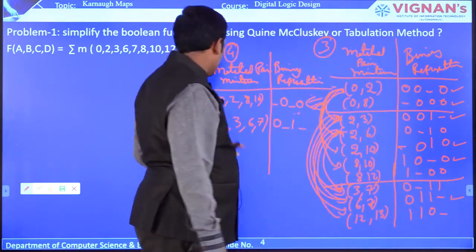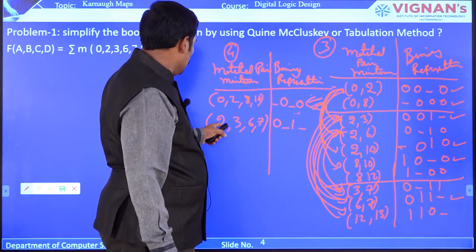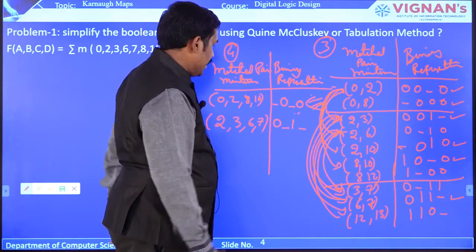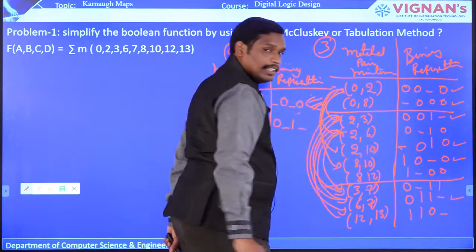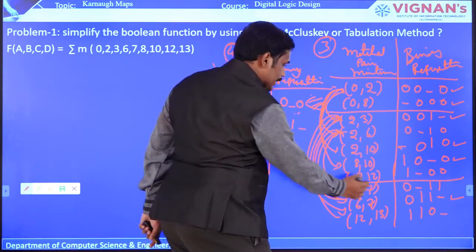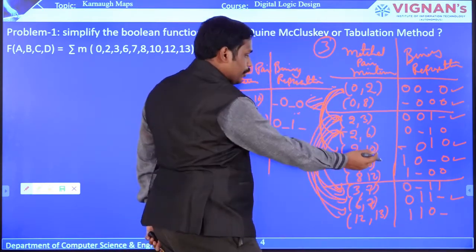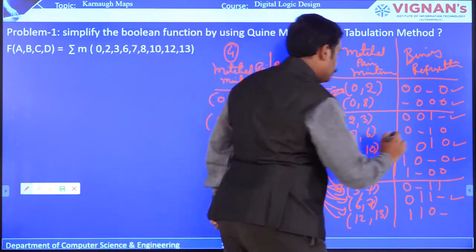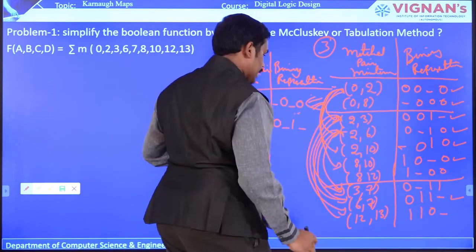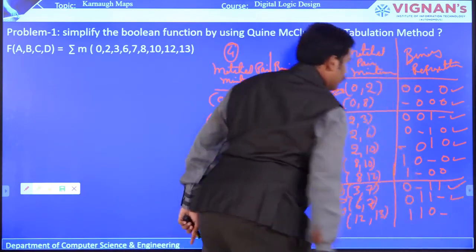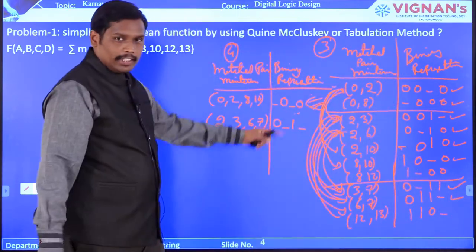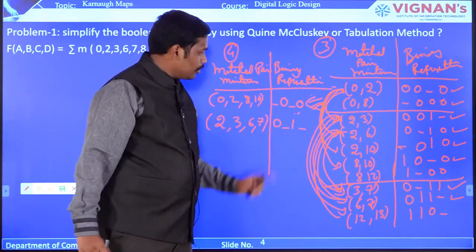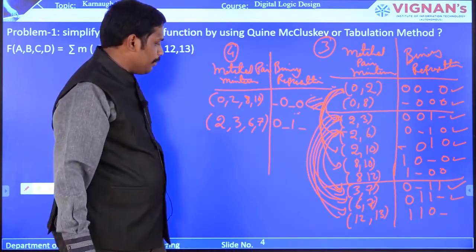In the same way, you can also have 2, 6 and 3, 7. So for 2, 6 you can see the second place underscore is there, and for 3, 7 the second place underscore is there, and if you take this, you will get the same data. So 2, 6 you can have a tick mark, and 3, 7 also you can have a tick mark. Did you get it? Any other minterm pairs that you can extract, there is no possibility. I hope that everything is completed over there.